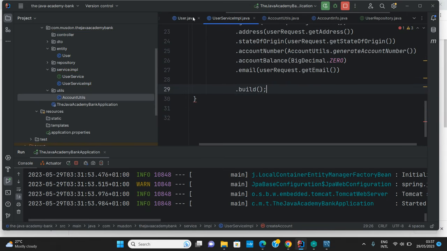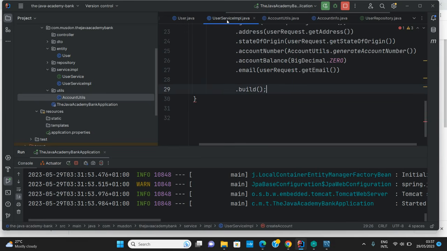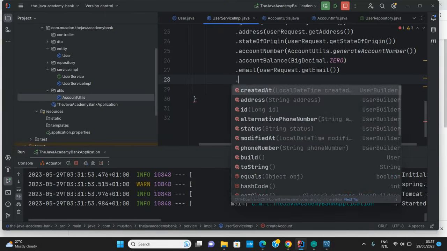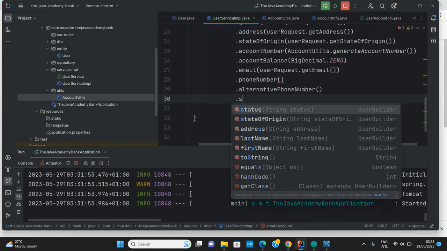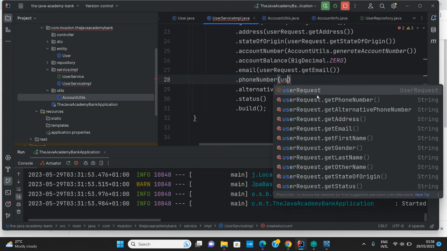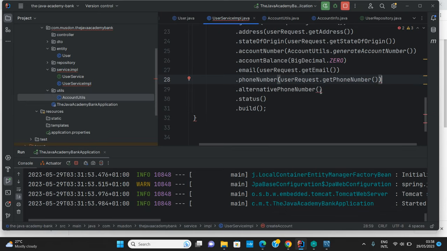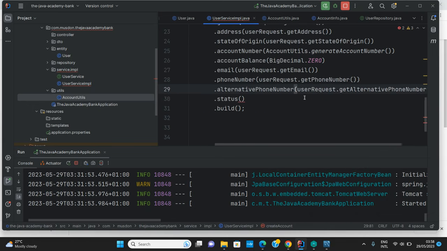Okay, so we added email, right? Then phone number, alternative phone number, and status. So let me just add phone number, alternative phone number, and then the status. Phone number here will be userRequest.getPhoneNumber. Alternative phone number will be userRequest.getAlternativePhoneNumber, and then the